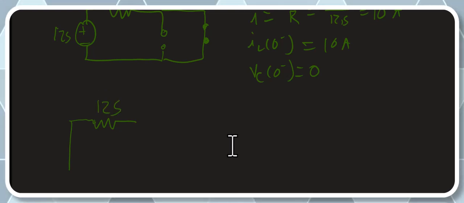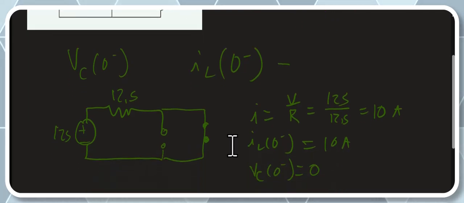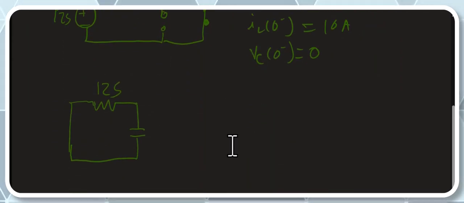So we have 125 and our capacitor is 1 over SC, and C was 0.8 millifarads. So 1 over 0.8 S, and our capacitor did not have any voltage before,